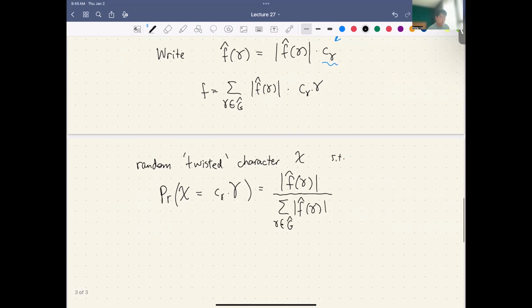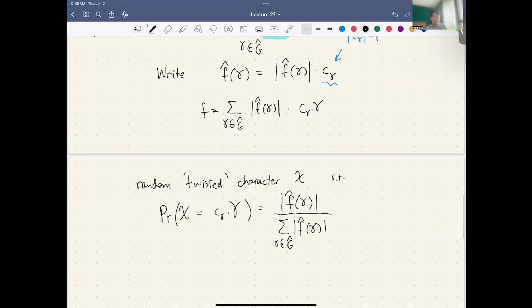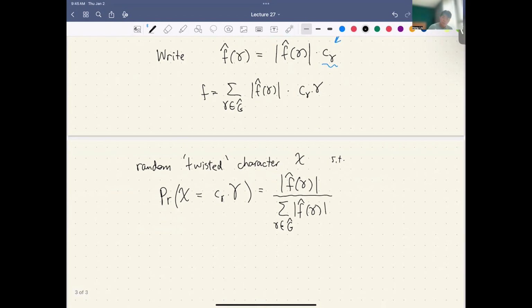Okay. Now, if we do this, you notice that this is exactly the same as how we sample in approximate Carathéodory. What do we know about this random character? We have in expectation, the expectation of this random character chi equals to what? We sum up all gamma in G hat, the probability that